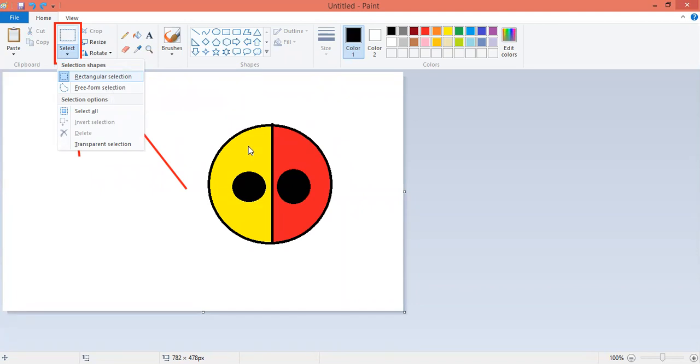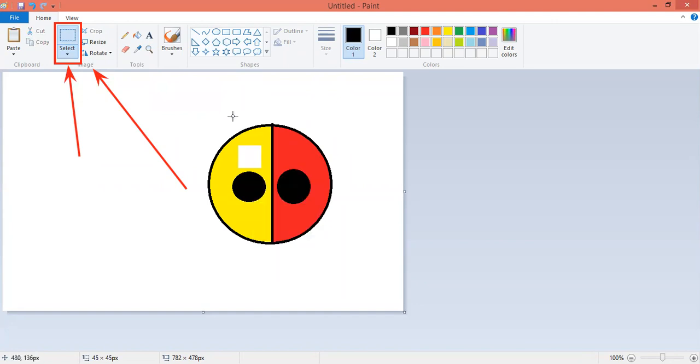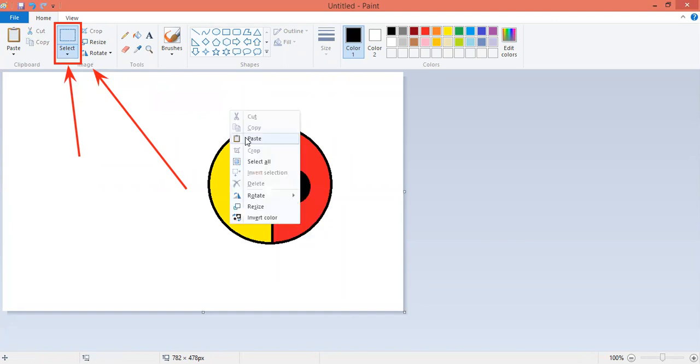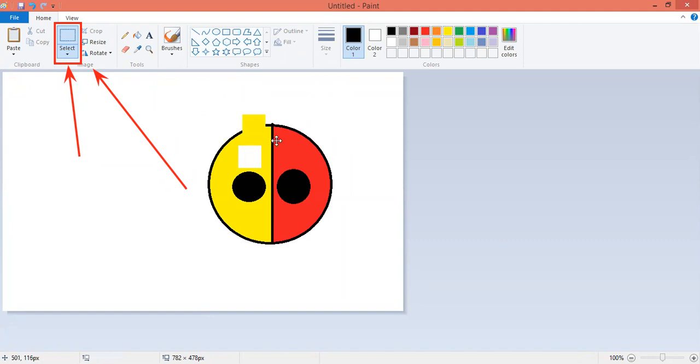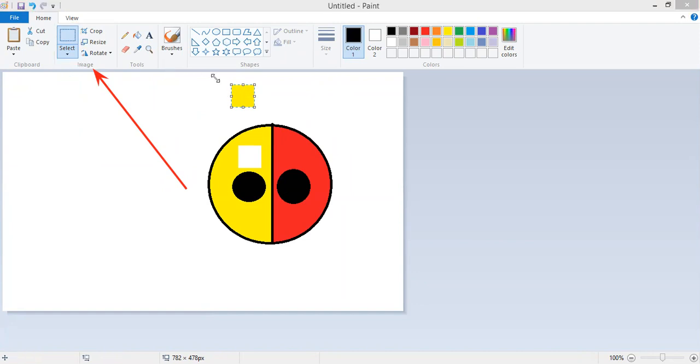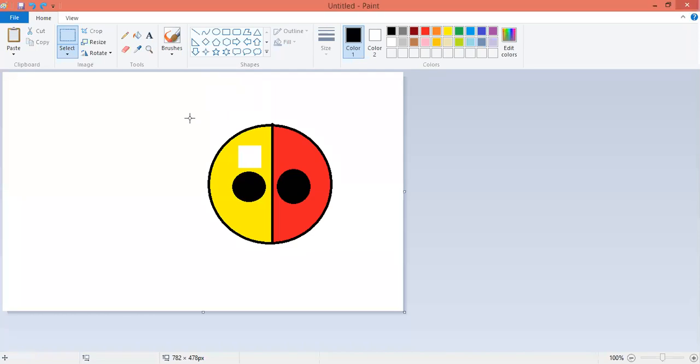For example, if we have to make a square, we can make a small square. We cut it. Now we are going to paste it. We paste it, so the box is out. But the point is, we can't make a circle with the rectangular shape. We can't make a selection of a circle with a rectangular shape. The first option you are seeing is a rectangular one.